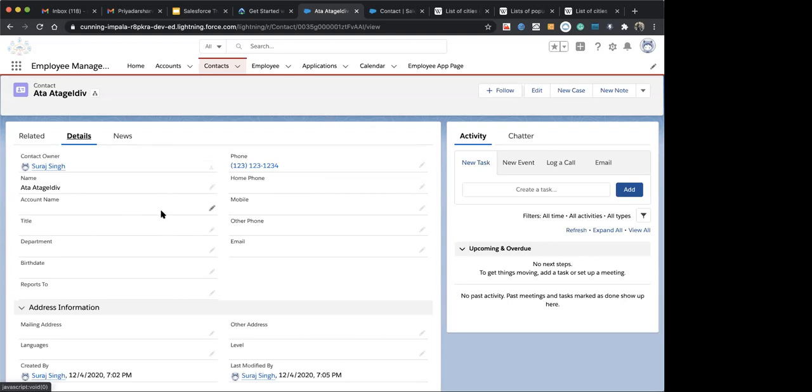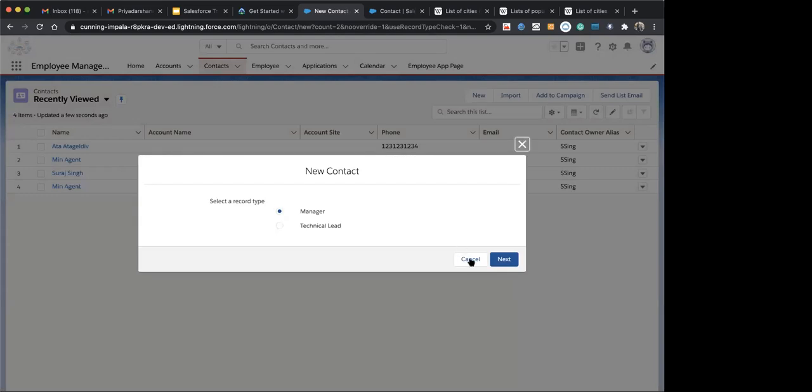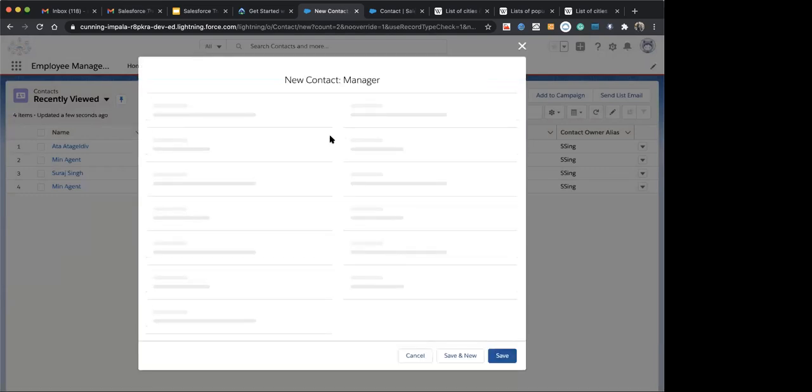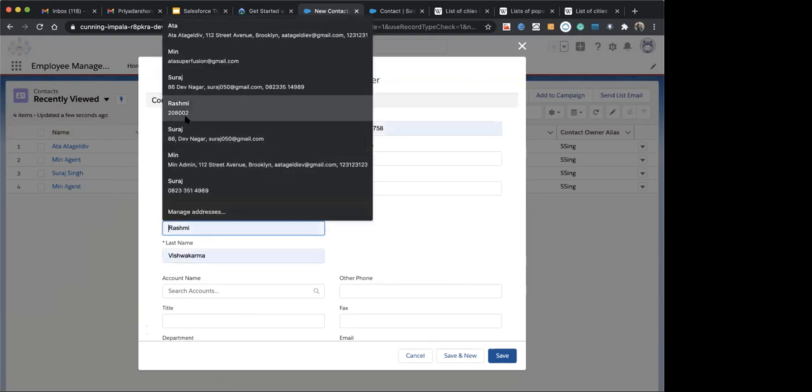And as you can see, suppose the tech lead should not change the record type, so I will remove that field. He will not be able to change the record type. But if I create a record type with a manager, the manager has an option to change the record type.